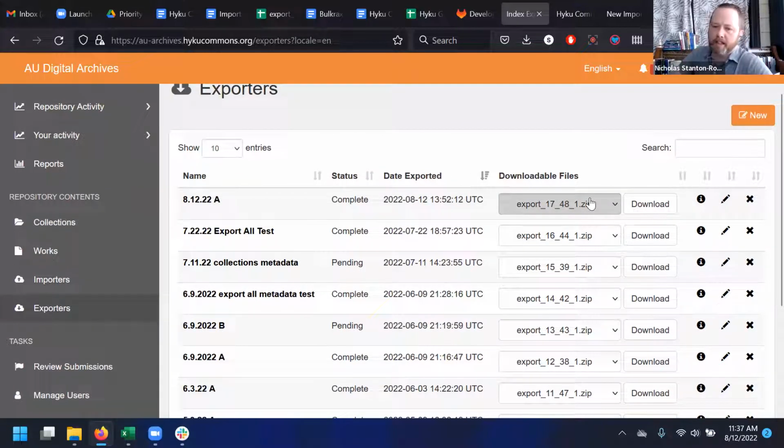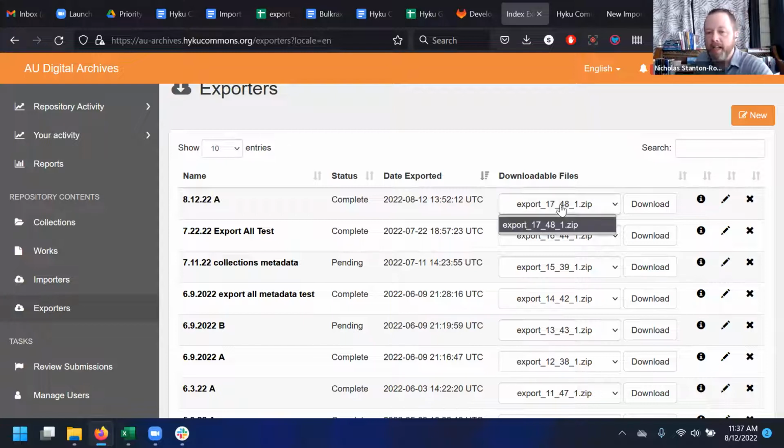And then you have your downloadable files. These, of course, only display once the export has run. Until it's run, this will just be an empty field. I'll show you that here in a second. But if your export is more than 1,000 lines on the CSV, then it will be broken into multiple zip files. And so this drop-down menu will allow you to download the first, second, third, fourth, etc., as many as